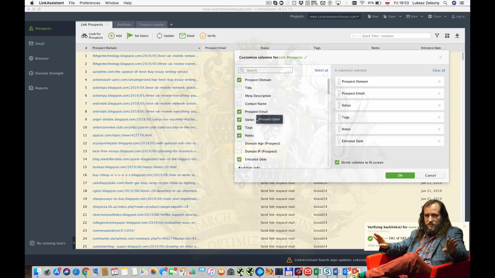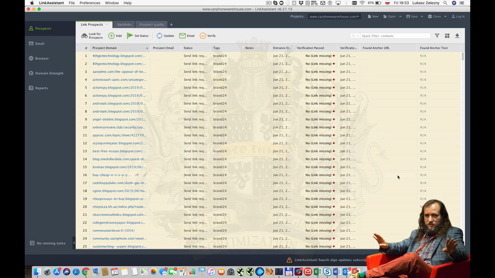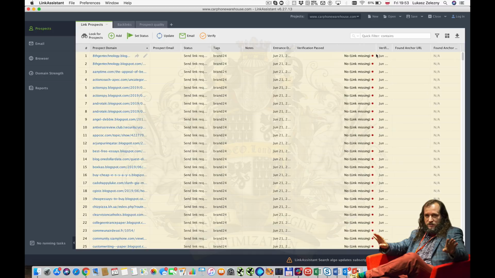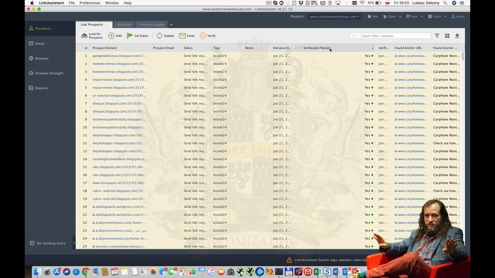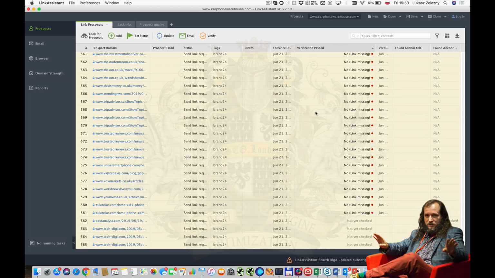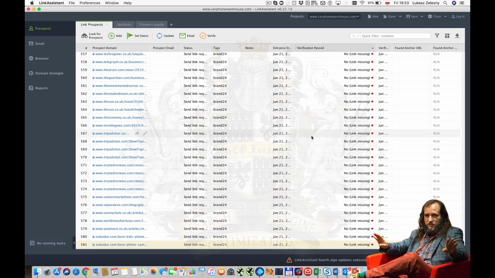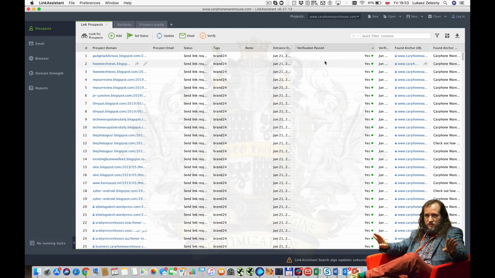And right now we need to add these columns which show the verification. And take a look what we have here. Such an opportunity. No link is missing, but some of them are already linking. So out of 581 domains or pages, not domains,